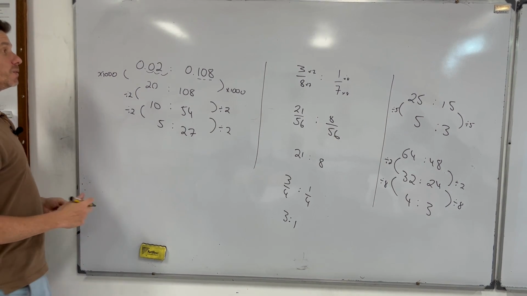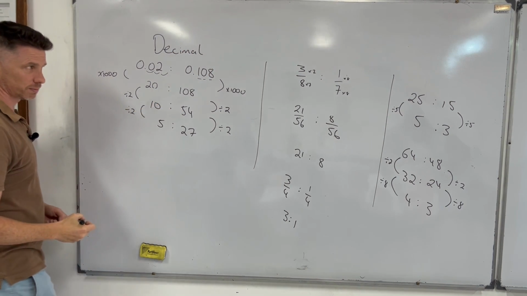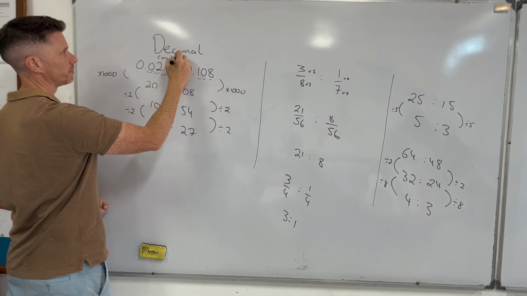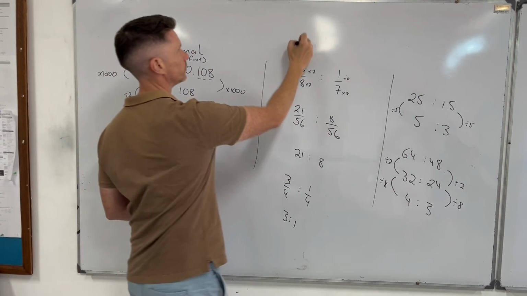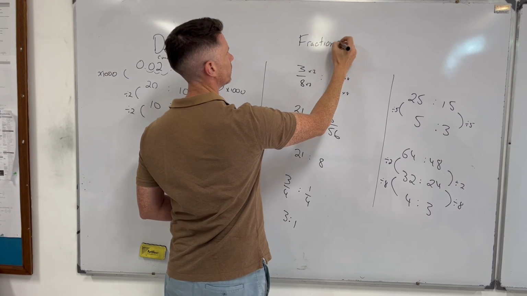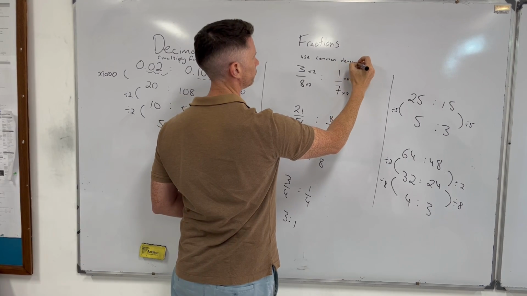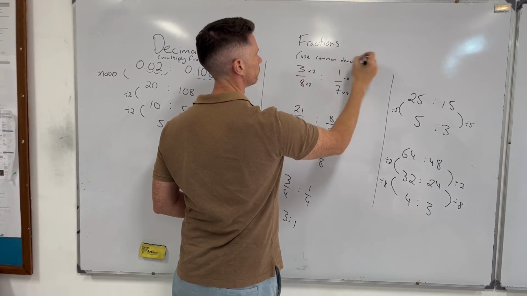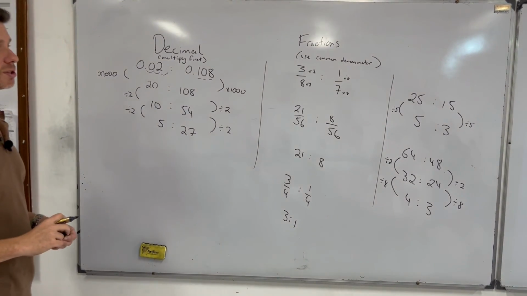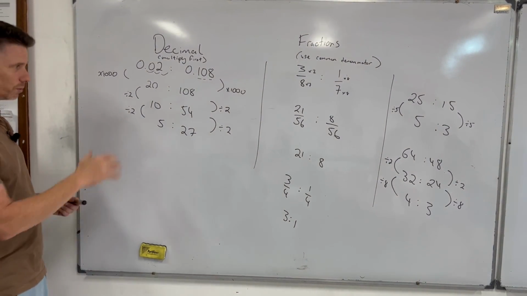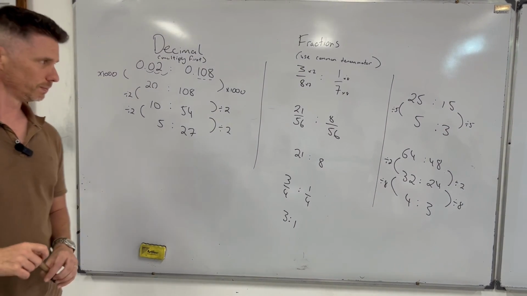Okay, so with decimals, this is a decimal example. Multiply first. With the fractions example over here, use a common denominator. And then if they're in different units, make sure they're in the same unit is the basic thing. So if you want to take a note on that, I'll give you a second. Maybe put the decimal example just so you remember. And then I'm going to